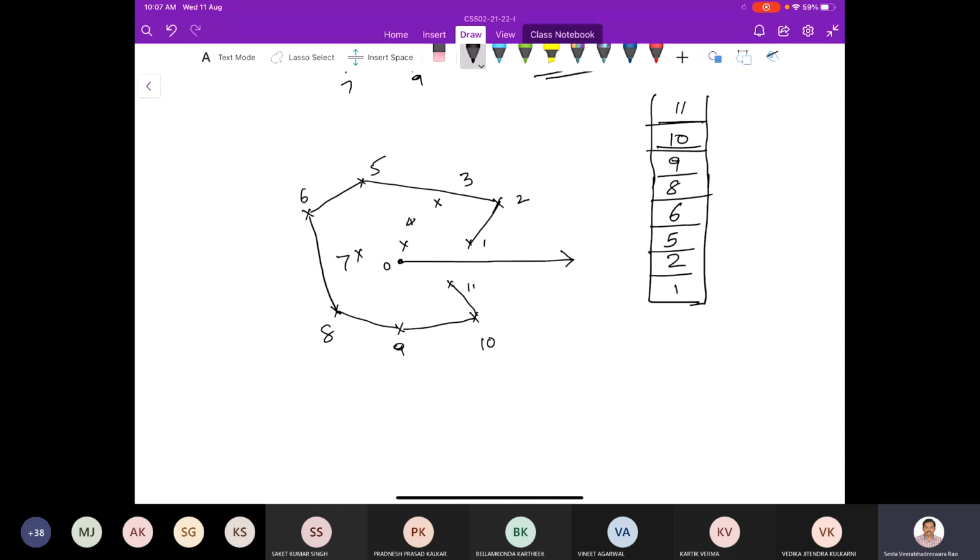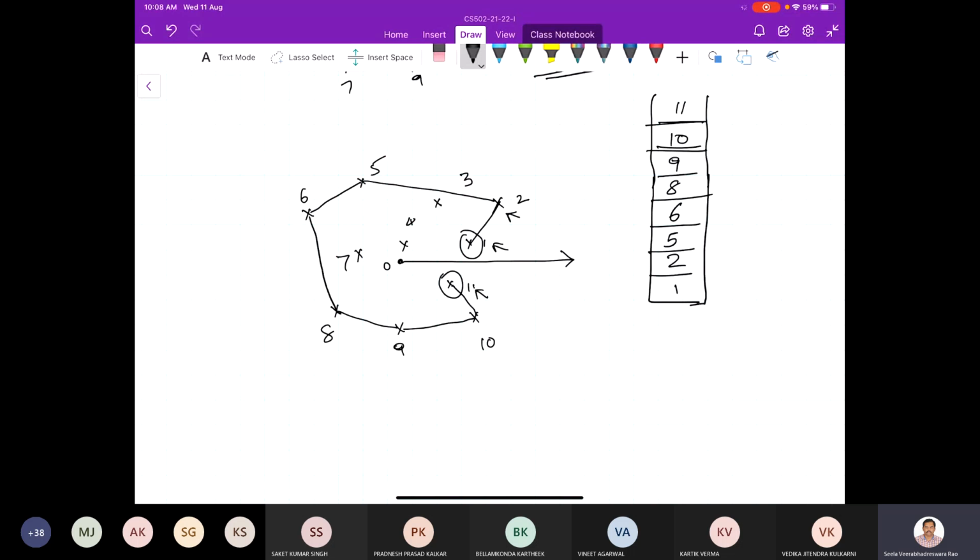But if you look at this diagram, it has an issue. Obviously 11 and 1 can't be on the convex hull. This problem comes because the starting point and ending point are not part of the convex hull, and then it creates a problem. Not only the starting point, even if the second point is not part of the convex hull, it also creates a problem. Now, why does the second point not being on the convex hull create a problem?